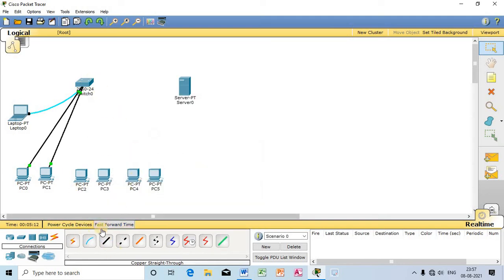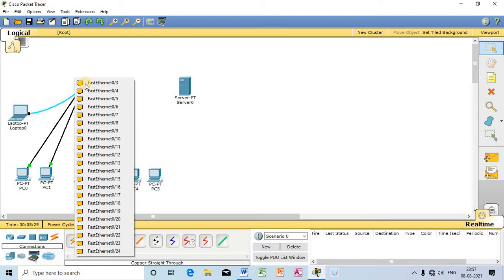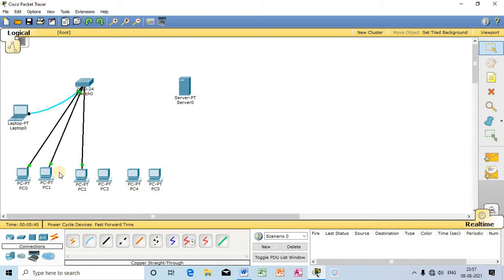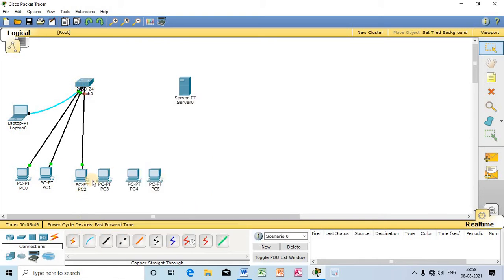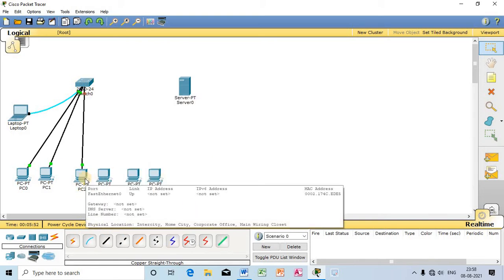So let me connect the other 4 computers. I will connect this computer. Here is the LAN port. I have connected one end of the cable with the computer LAN port. The other end I will connect to the switch. Just remember, for connecting this I will use this particular port, FastEthernet 09. Remember, 2 computers are connected with ports FastEthernet 01 and FastEthernet 02, but this computer is connected with the port FastEthernet 09.